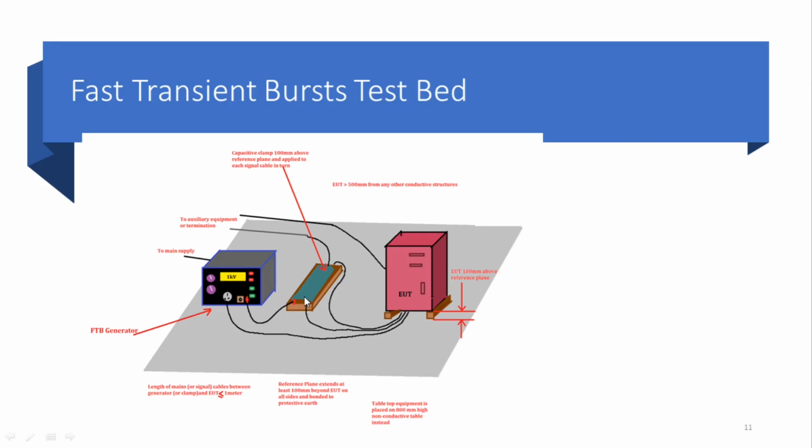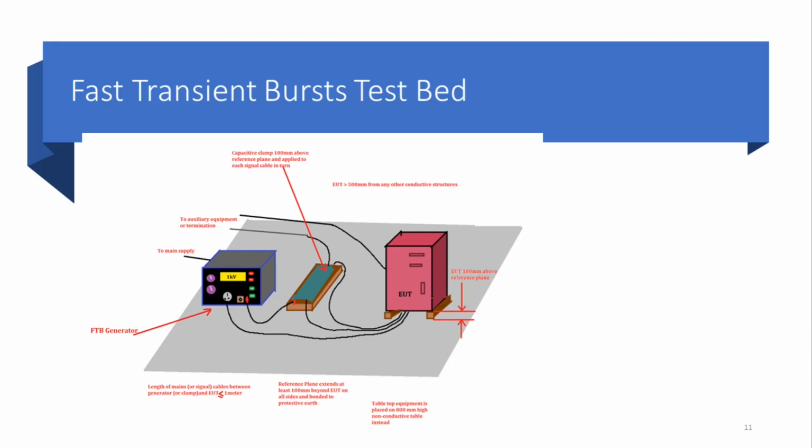This introduces a conflict for EUTs which have cable entries greater than 1 meter above the floor, since either the cable must be further than 1 meter from the clamp or the clamp has to be raised above the floor. There is no firm guidance on resolving this problem, but we would suggest that it is more important to bond the clamp to the floor so that the induced stress is repeatable at that point, and accept a longer cable as long as its route is taken carefully. But there may be arguments for the alternative approach in some circumstances.